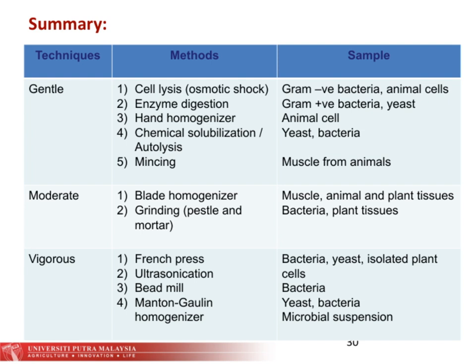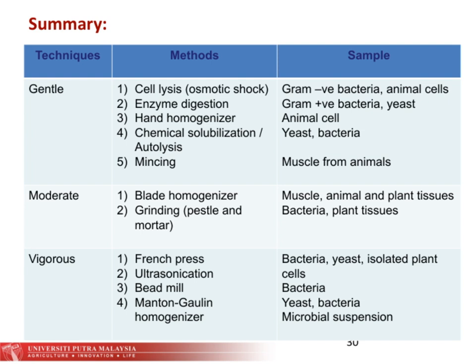Finally, the vigorous methods, such as French press, ultrasonication, bead mills, and Manton-Gaulin homogenizers, are used when we need to break open tougher samples like bacteria, yeast, isolated plant cells, or microbial suspensions. These methods are powerful and ensure thorough disruption when gentler techniques might not suffice. Overall, understanding the right technique, method, and sample combination is essential for efficient cell disruption, which is a fundamental step